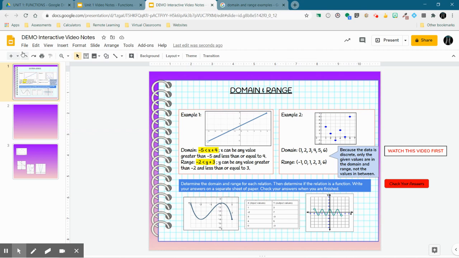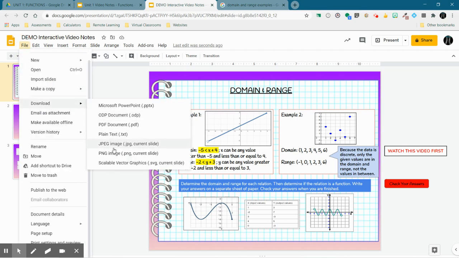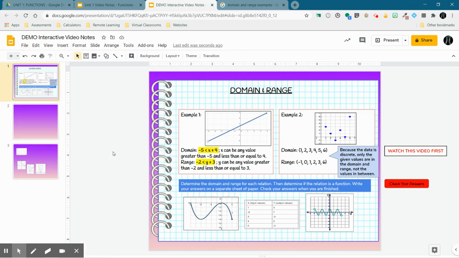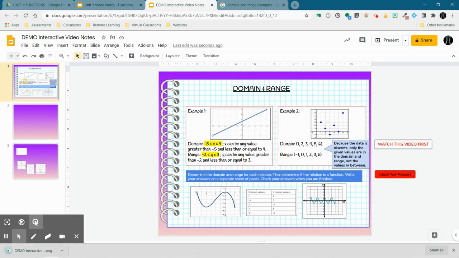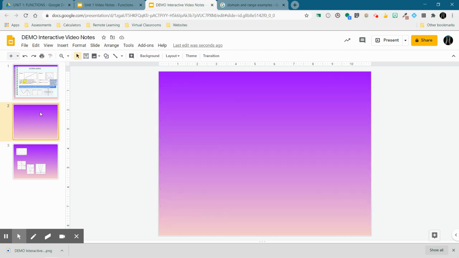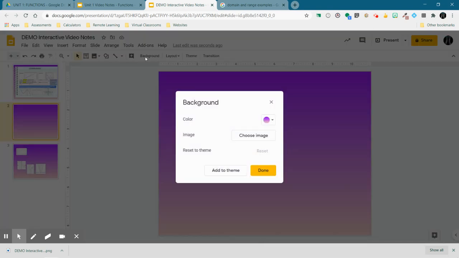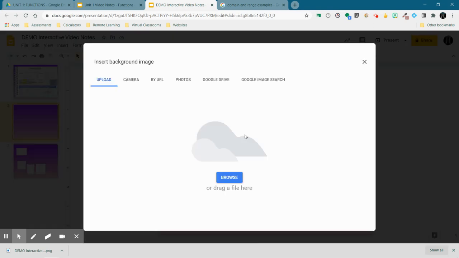And the way you do that is you go to File, Download PNG. So what that's going to do is it's going to download that slide as an image file. And then when I go here, I'm just opening up a new slide. I'm in the same document. I'm going to go to background, and this time I'm going to choose an image. I'm going to upload,